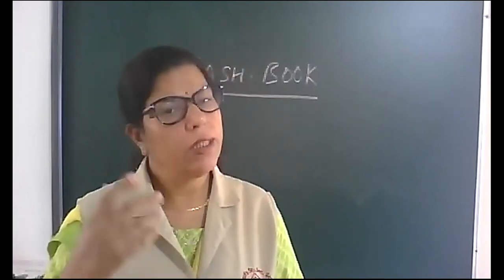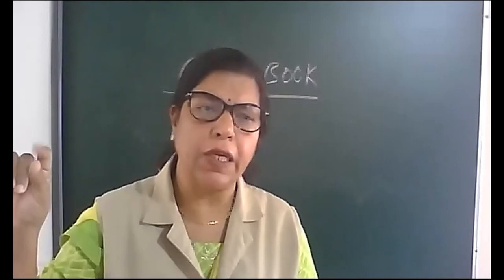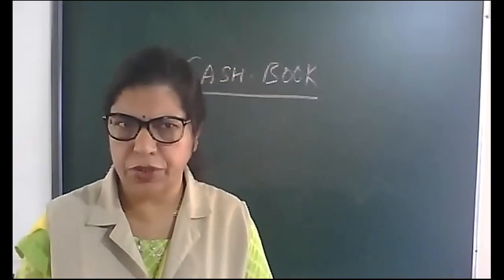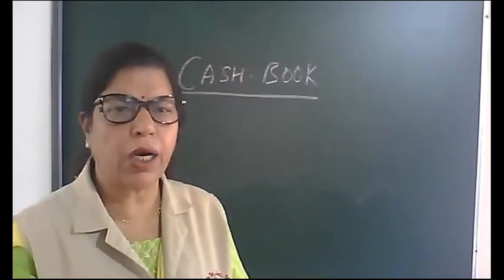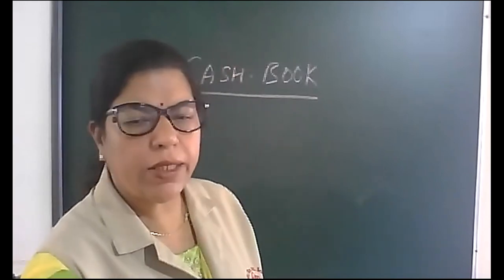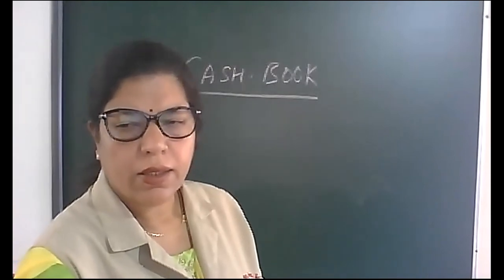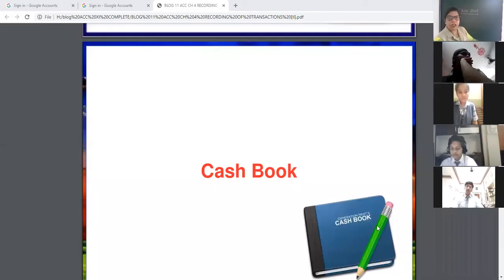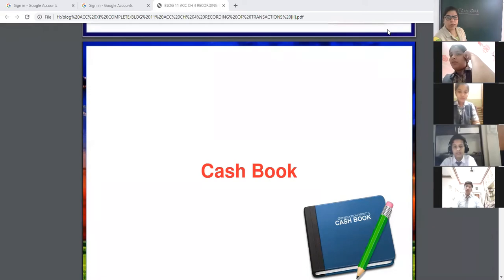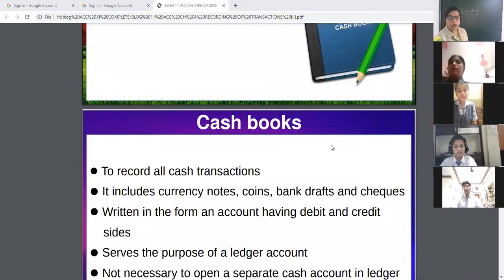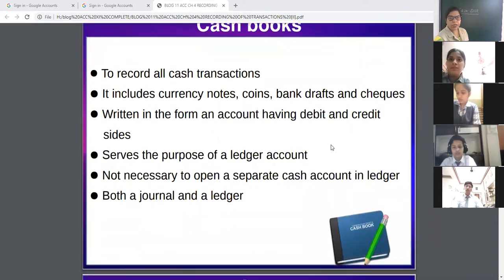Petty cash book is maintained by the petty cashier for small and frequently recurring expenditures. So today we are going to start. I'll tell you how to make a cash book and how to enter the transactions in the cash book. See, this is the first subsidiary book, which is used to record all cash transactions.